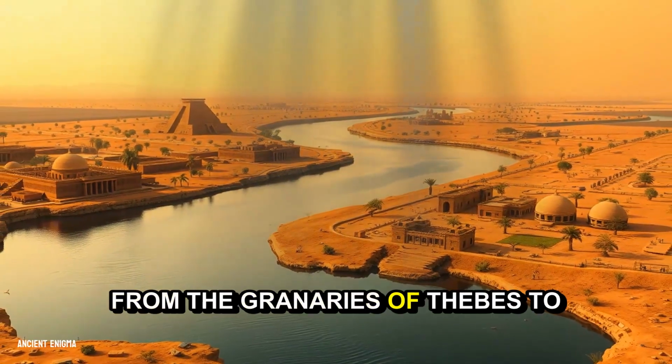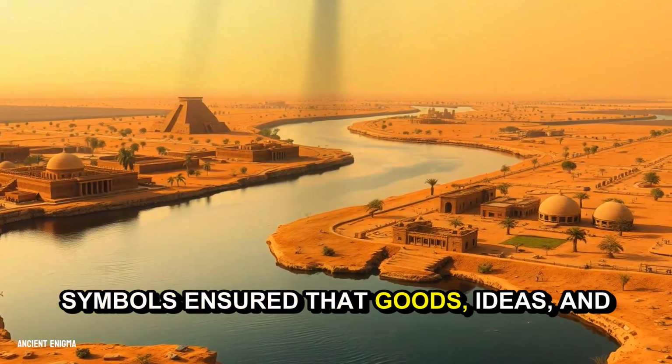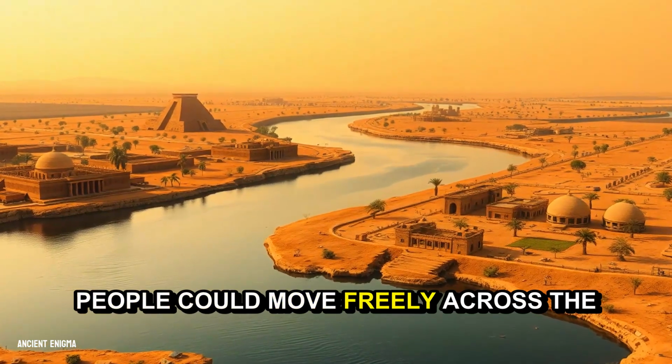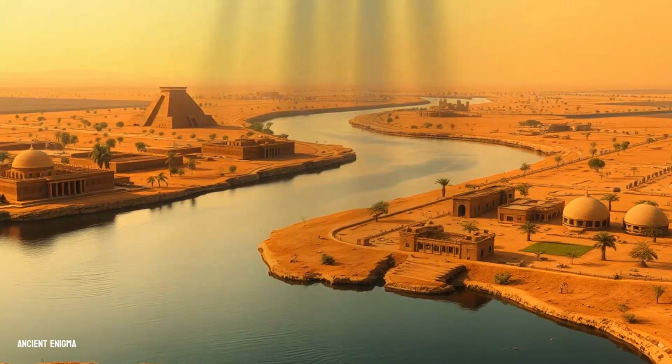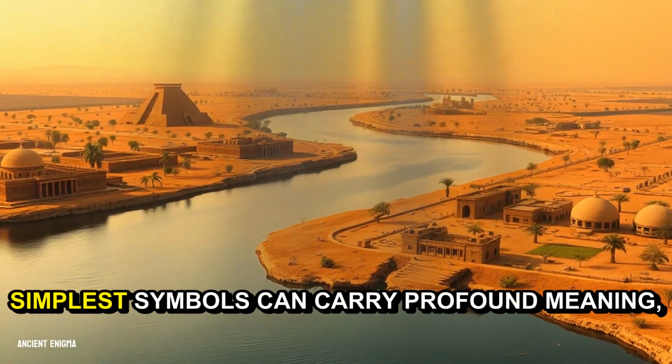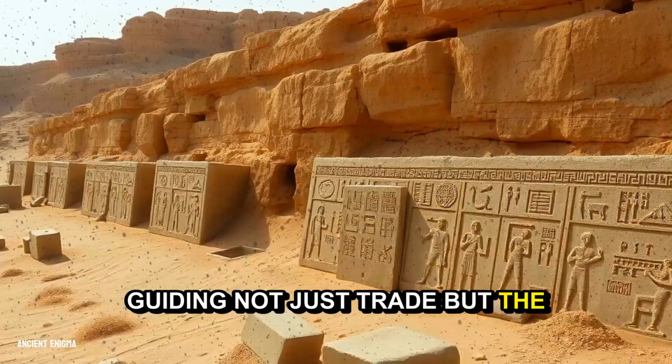From the granaries of Thebes to the gold mines of Nubia, these symbols ensured that goods, ideas, and people could move freely across the land, sustaining the empire for millennia. They remind us that even the simplest symbols can carry profound meaning, guiding not just trade but the very essence